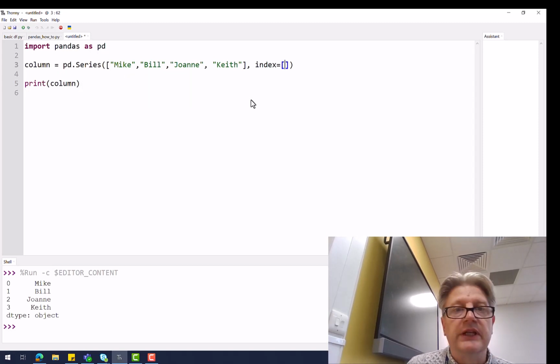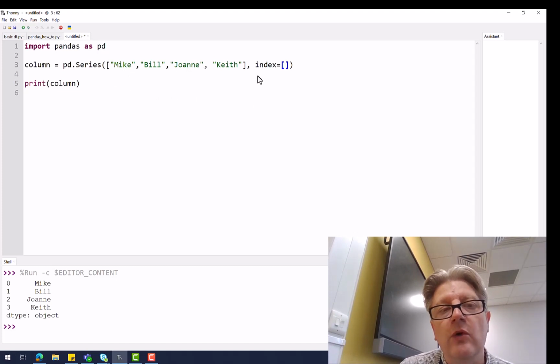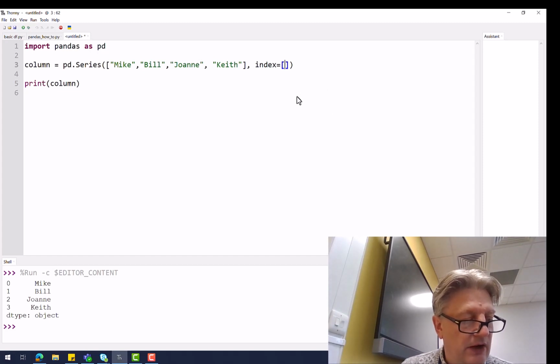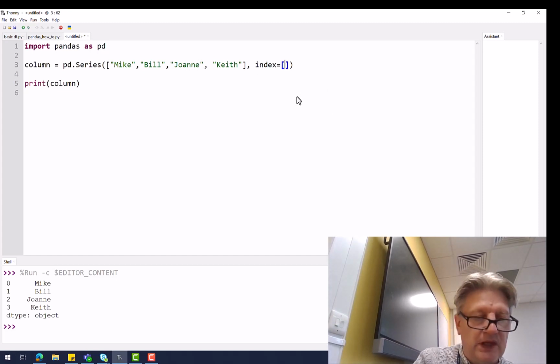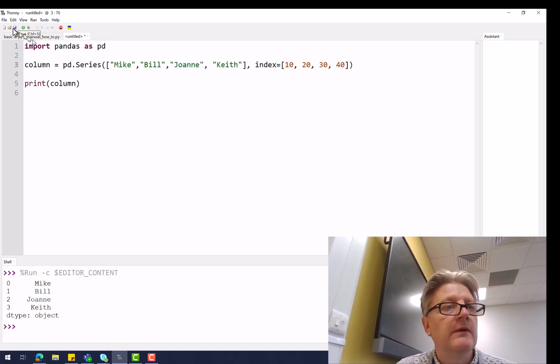And you'll need to put in, obviously, here I've got 1, 2, 3, 4 objects in this column, so I'm going to need 4 indexes. Now, I don't have to start at 0. I can just do 10, 20, 30, 40, and then that'll give me, when I run it,